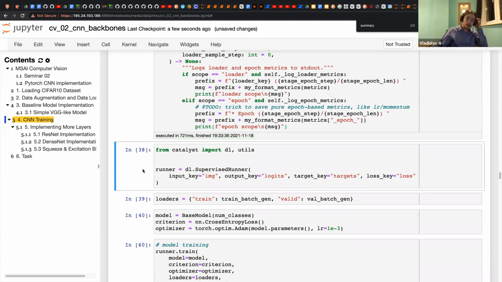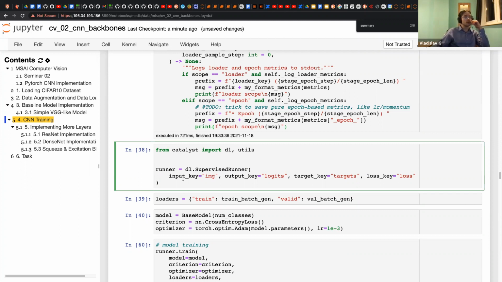And finally, we want to call the SupervisedRunner. This is how it looks. Catalyst dl is the main package of Catalyst, and the supervised runner is our case. There are different kinds of runners, and you could also submit your own if you solve some other problem.